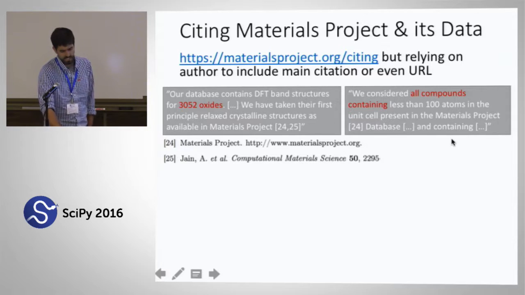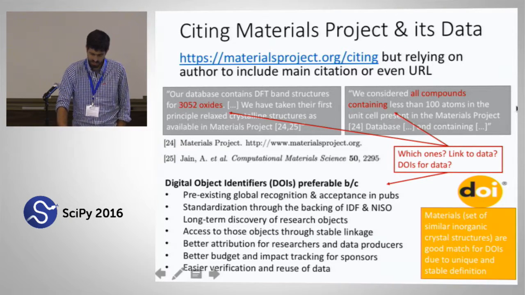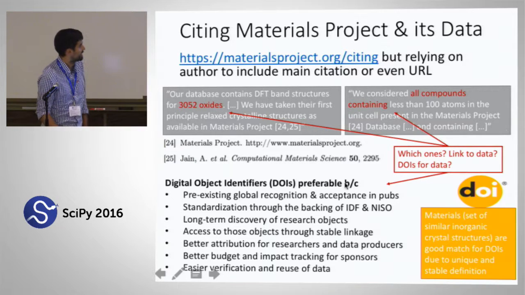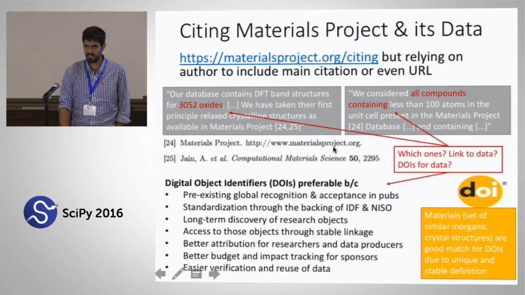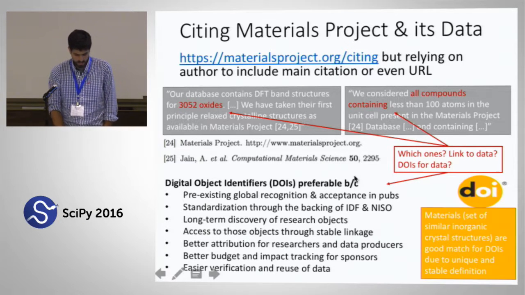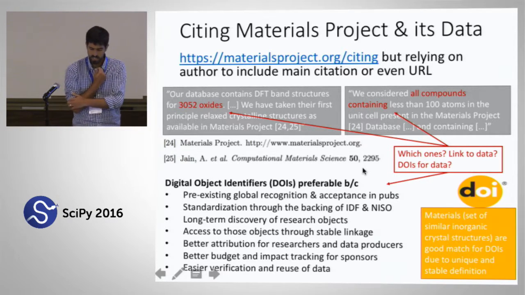is a basis. But the question really is now, when I read this paper, for somebody who wants to reproduce that analysis or even check which ones, or a day later want to check which one did they actually use, and did they give a link to the data? Like they did as materialsproject.org, but somebody would have to go through the list and look at especially which ones those were. So the question here is, and the obvious solution is to assign DOIs, digital object identifiers, to our